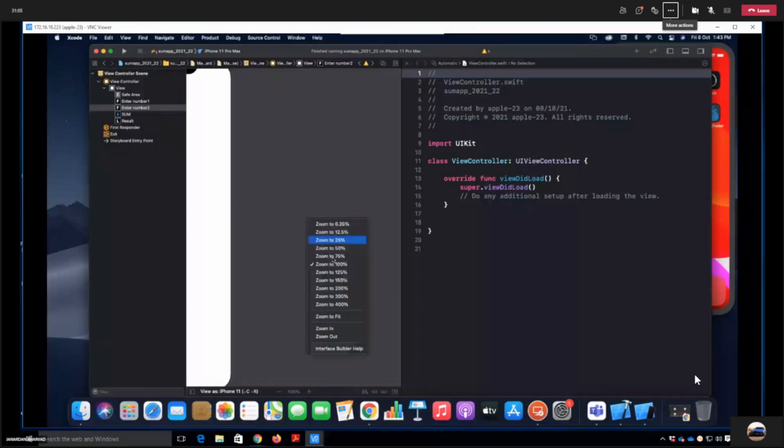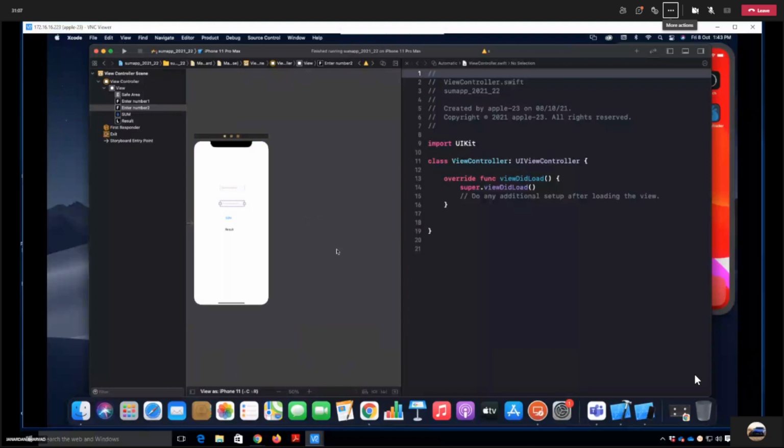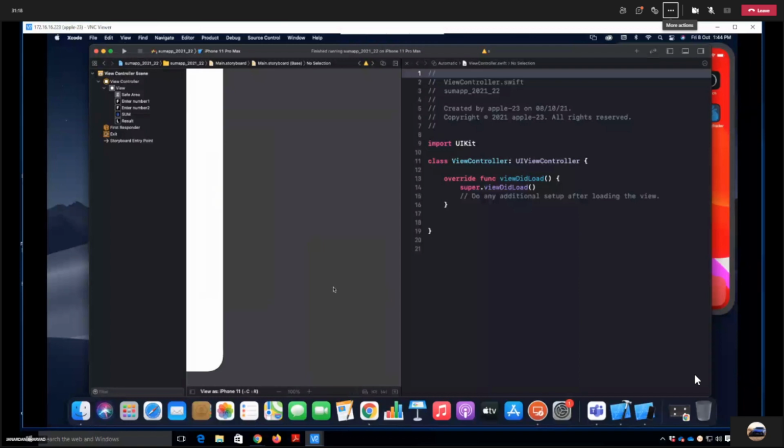Okay, let's make it 50. So now here, it is fine. I cannot scroll right and left, but yes, that's visible. Okay, so let me go to zoom 50.